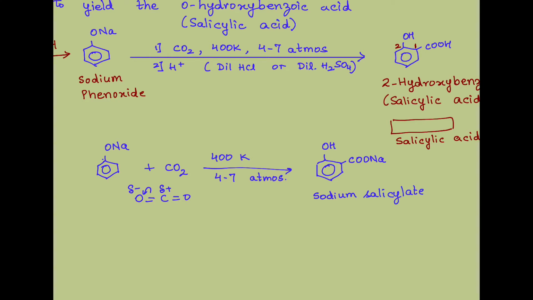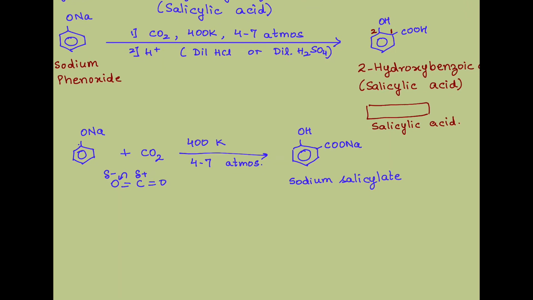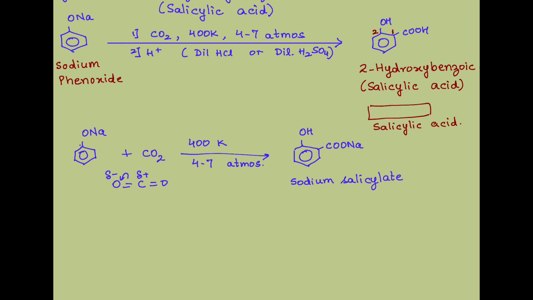Make sure that you keep writing the names of the products, because many a times I've seen that the students know the answer, they have the concept in place, but they get mixed up with the names of the compounds. So it is better to write the names of the compounds. Now our one step is done. Next step is to convert the sodium salt to the corresponding acid. How do we do that? Yes, we carry out hydrolysis by treating it with a dilute acid, and it gives us the product 2-hydroxybenzoic acid or salicylic acid.